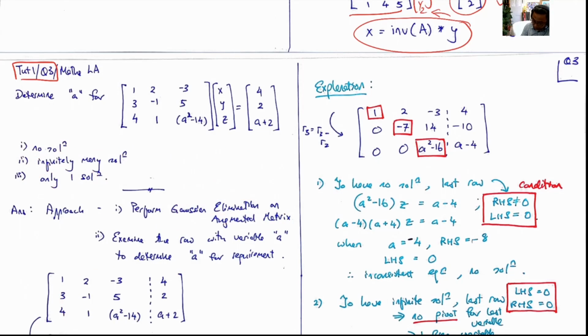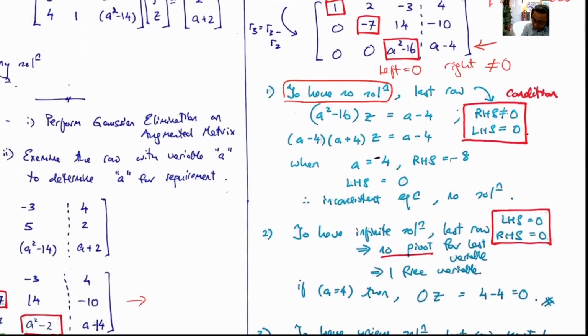So let us understand when we will have no solution. It is when, at the row echelon form, in the last row, the left hand side versus the right hand side, the right hand side is not equal to 0 while the left hand side is equal to 0. It means that in this example, we have a squared minus 16 times the last variable z is equal to a minus 4, and when